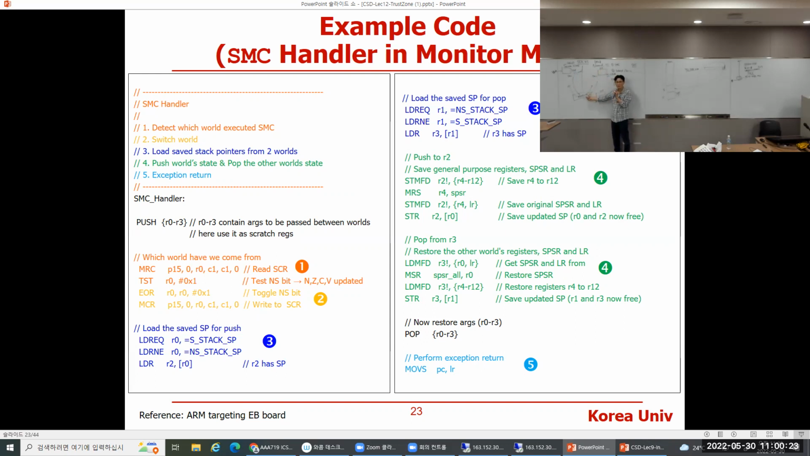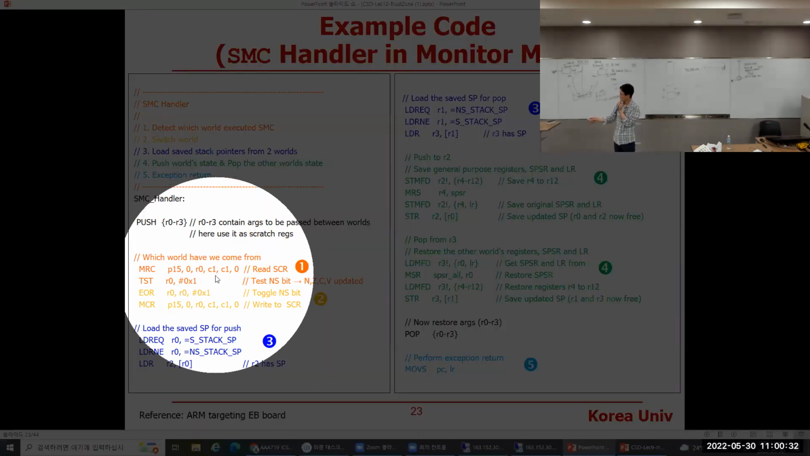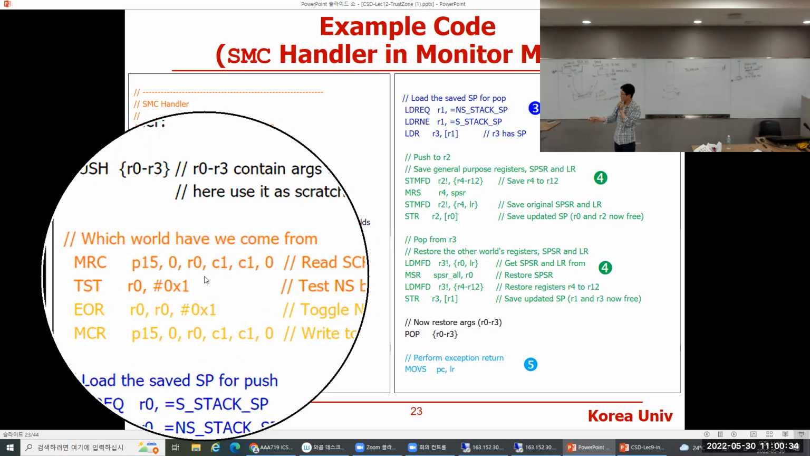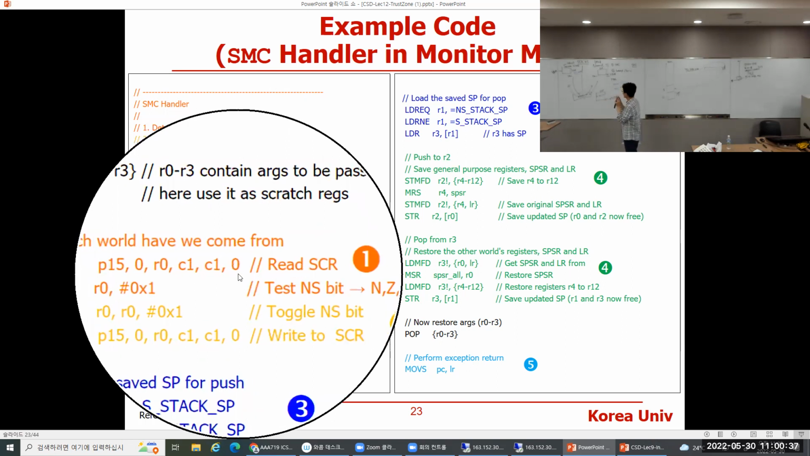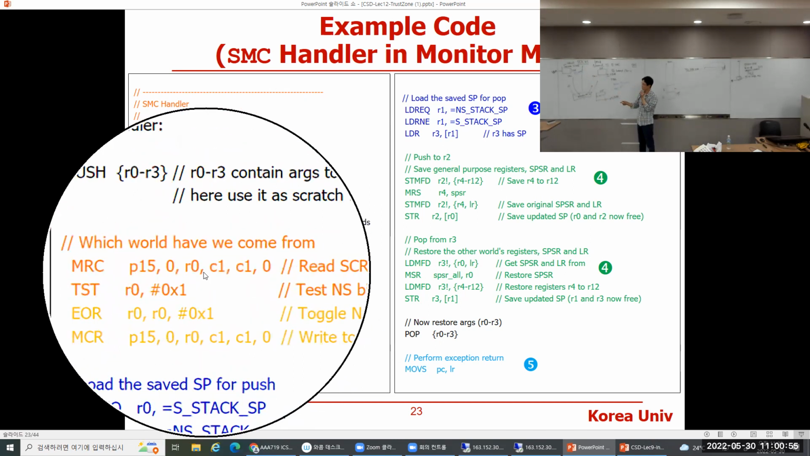took you to this monitor mode, right? That's why the first instruction is doing what? Reading the SCR register, the system configuration register, to check this NS bit. By checking this NS bit, you know which world called this monitor mode, right? So you read